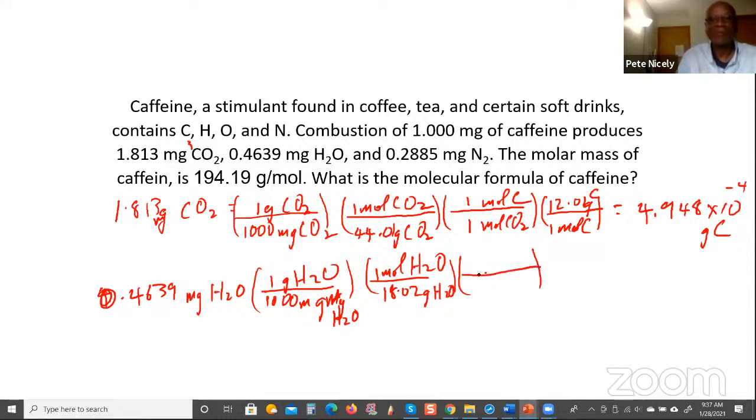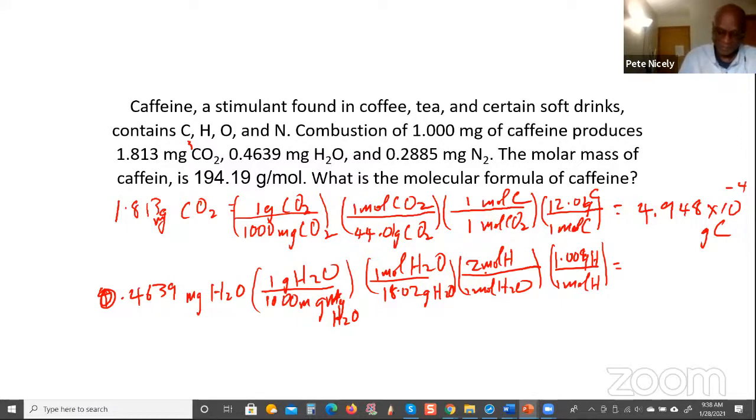And then the next step, if you remember, I keep stressing in this step here that the ratio between the moles of water and moles of hydrogen is 2 to 1. 2 moles of hydrogen to 1 mole of H2O, all right? Very important. And then the final step in this line is where we have 1 mole of hydrogen down here, and up here we have the molar mass of hydrogen, which is 1.008 grams of hydrogen. And we work that out. So when we work that out, we're going to get